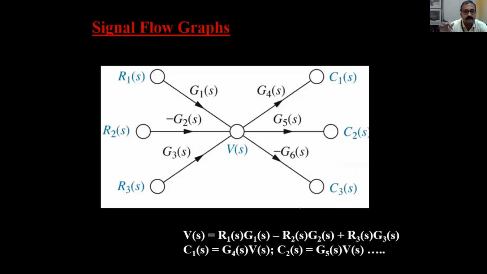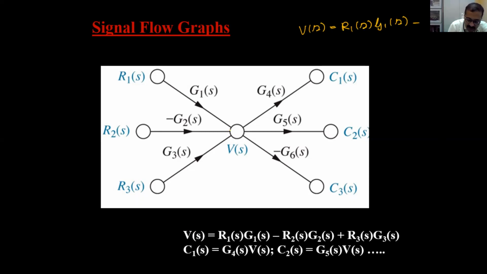Fine. Now, see this is another signal flow graph. Node 1, node 2, node 3. R1, R2, and R3 are the input signals. R1 is at a gain of G1 of S, R2 is at a gain of minus G2 of S, and R3 is at a gain of G3 of S. So what will be the signal at this point? R1 of S into G1 of S. I can write V of S as R1 of S into G1 of S